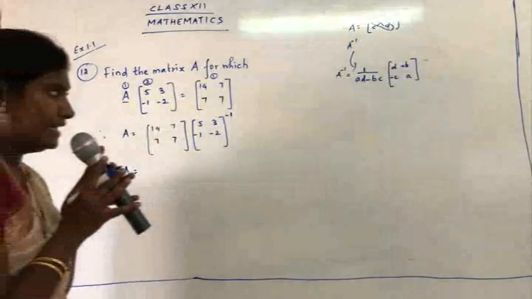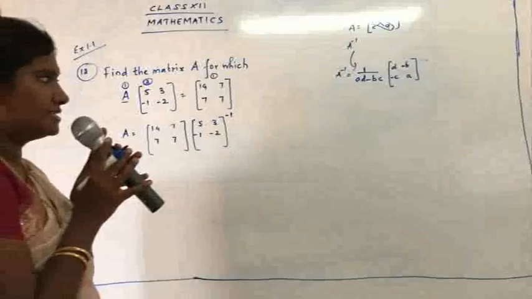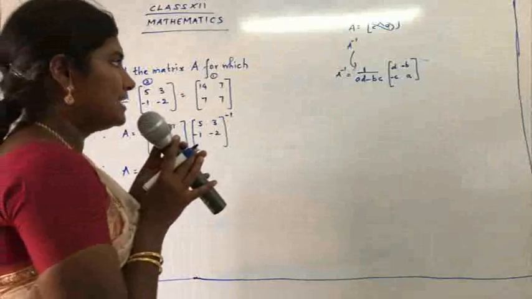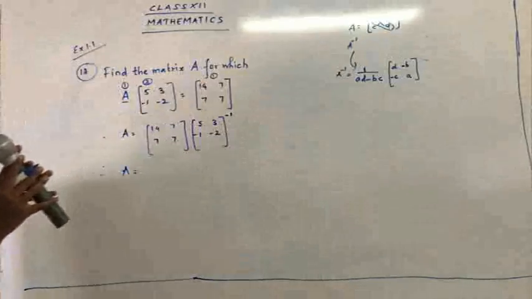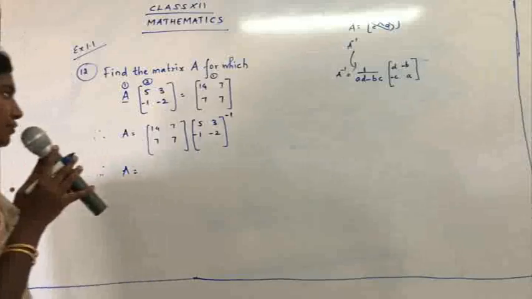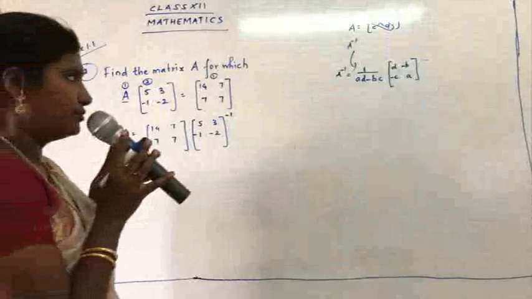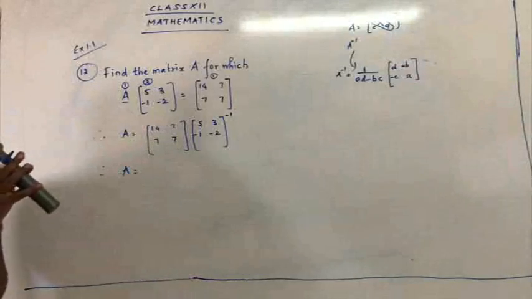Then A and D get interchanged. It becomes D, A, that is D in the first and A in the fourth. And the second and the third element, the sign is changed. The positive elements get changed into negative elements. Actually, we use this formula for a 2 by 2 matrix, okay? So wherever you have a 2 by 2 matrix, you can use this formula directly.